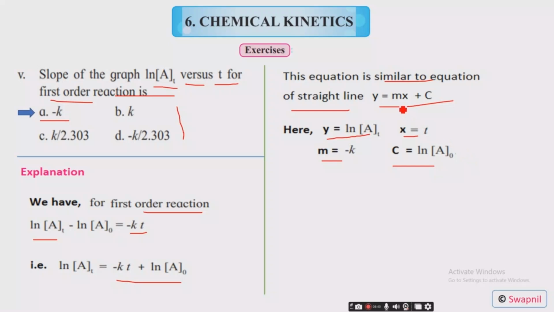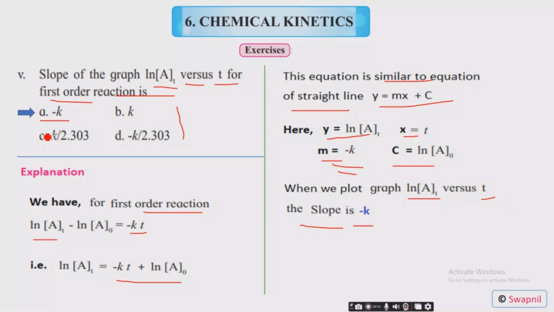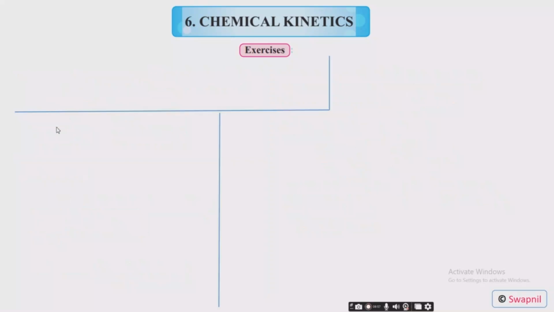Here m is equal to the slope of this straight line. So when we plot the graph of ln of concentration of At versus T, the slope is minus K. Hence the correct option is option A, that is minus K. So next,